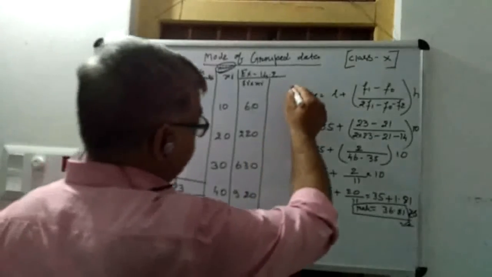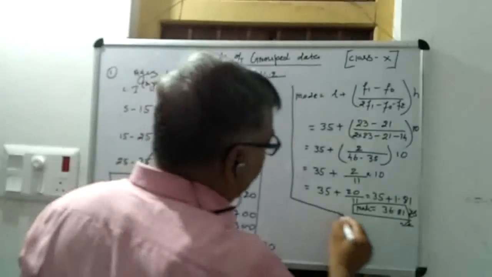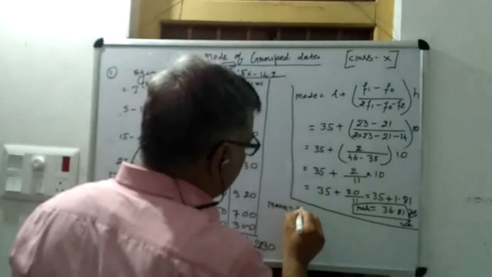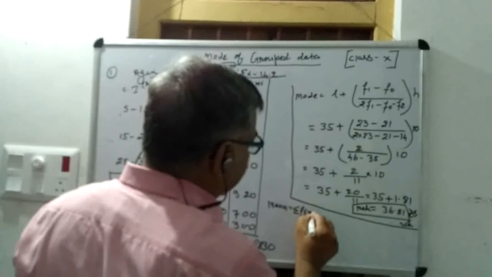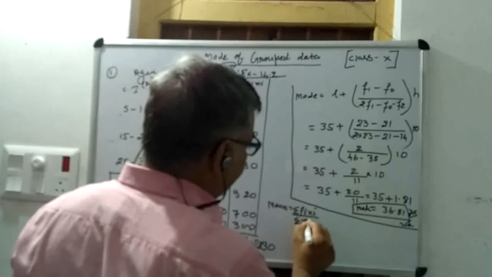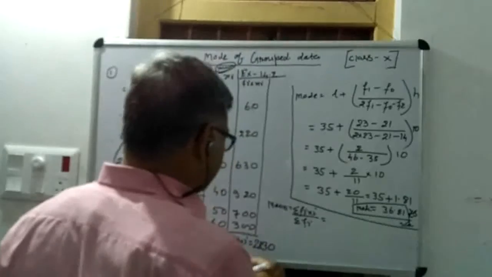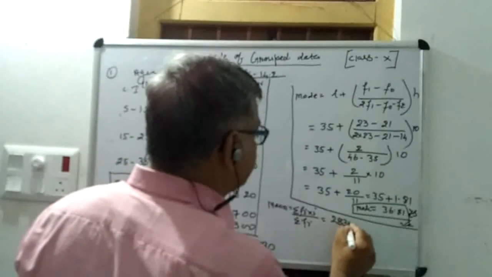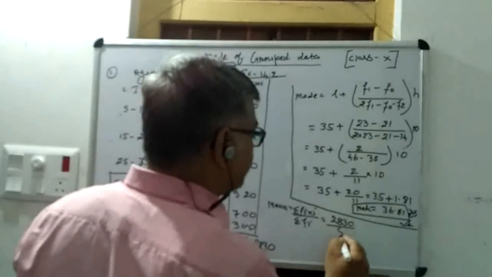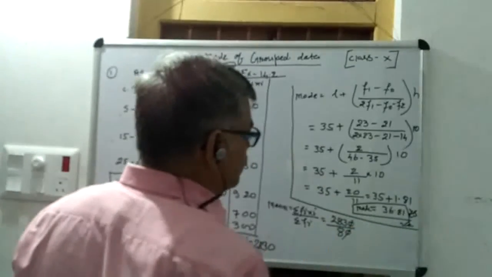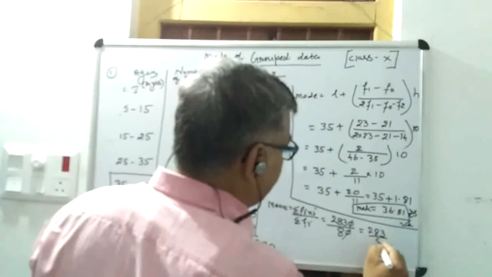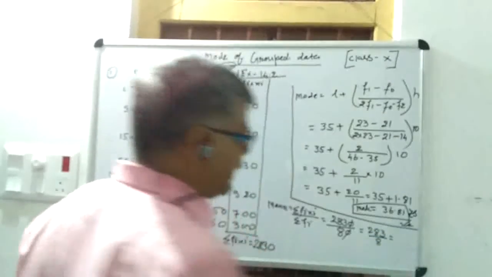So now you see your mean will be what? Your mean equals sigma fi xi by sigma fi. And your sigma fi xi is 2830 by 80. So this 0 0 will get cancelled, that is 283 by 8. So when you divide it,